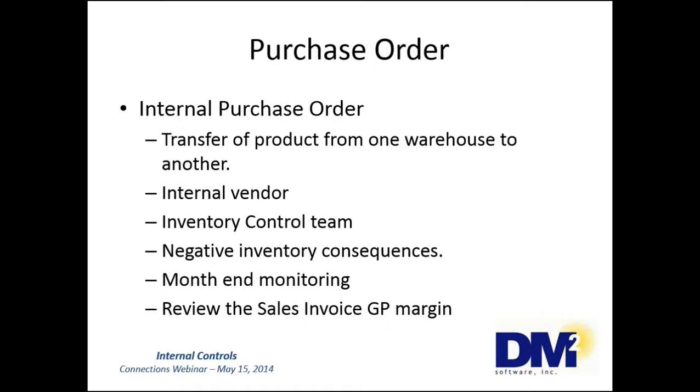Using the negative inventory feature to catch any internal POs will help you make sure that you're not missing your order of operations. As you near month end, ensure that the internal purchase order is posting in the correct month, because that's usually when we see issues regarding posting in the incorrect month, and it's pretty obvious how that would affect your processes. Review the sales invoice gross profit margin for this internal sale before update, because many times the transfer may have increased the cost of inventory because of the cost of transfer between those warehouses. If you capture that cost, it's also going to help you reflect more accurately what your profitability actually is.